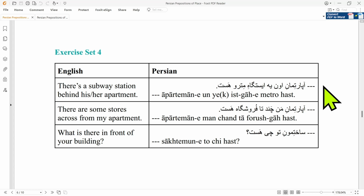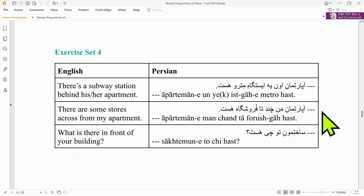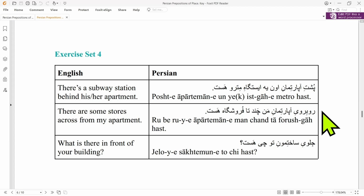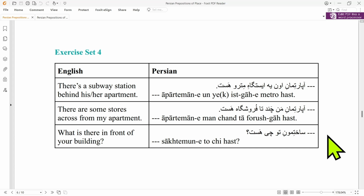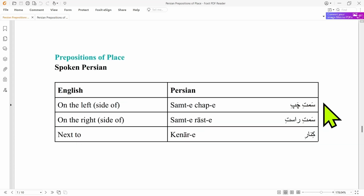There's a subway station behind his or her apartment. پشت آپارتمان اون یه ایستگاه مترو هست. There's some stores across from my apartment. روبروی آپارتمان من چند تا فروشگاه هست. What is there in front of your building? جلوی ساختمون تو چی هست؟